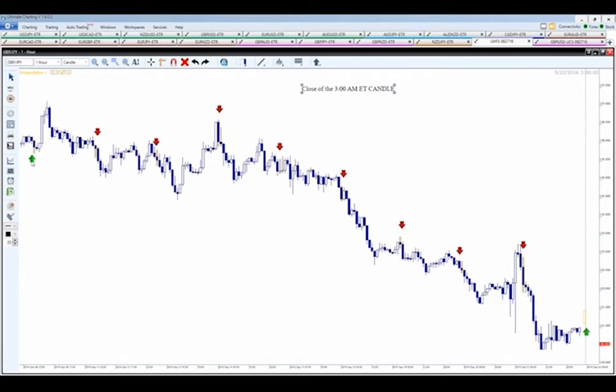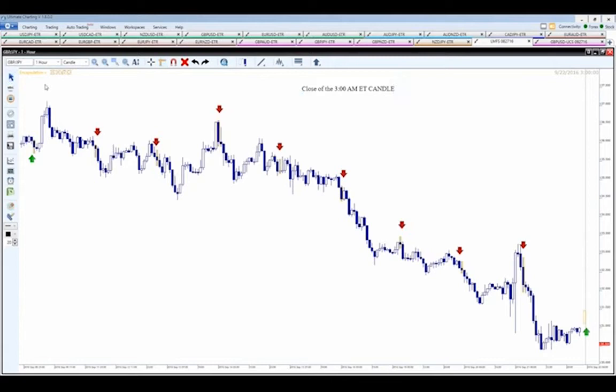So I've highlighted each one of these 3 a.m. candles in the charting platform; you see I've got them circled here. If you can see, on this 3 a.m. candle, the market rallied up off of that one 102 pips. This one came down about 56 pips. This one right here came down 91 pips. This one here 95, and so on and so on. This one was 164. This one was a nice little 72. This one was 82, and then this one right here was a nice little drop of 162 pips off of that, right around that 3 a.m.